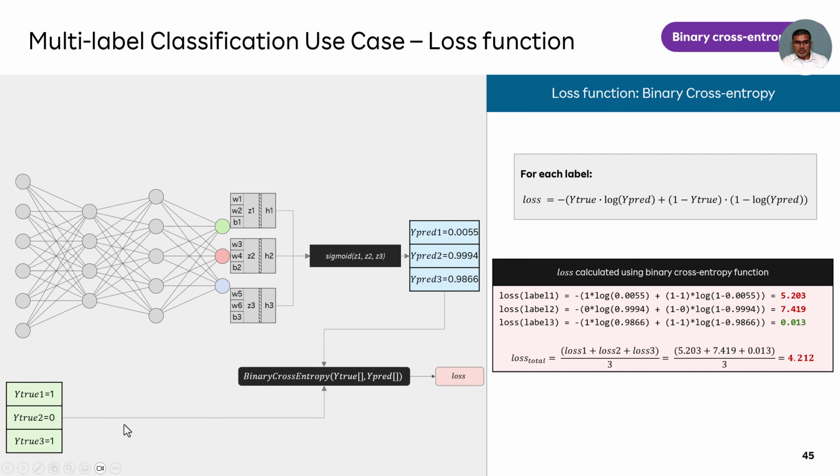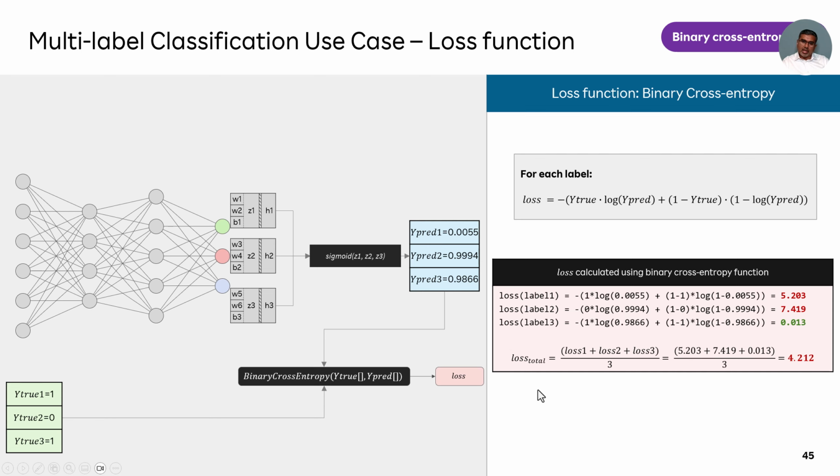Loss of label 2 is 0 times log of this plus 1 minus 0 times log of 1 minus that, which you see here. So loss is 7.4, and label 3 is also computed in the same way. It comes to 0.013. And now you calculate the total loss. You basically add up these three losses and divide it by the number of neurons here, which is 3. So our total loss is